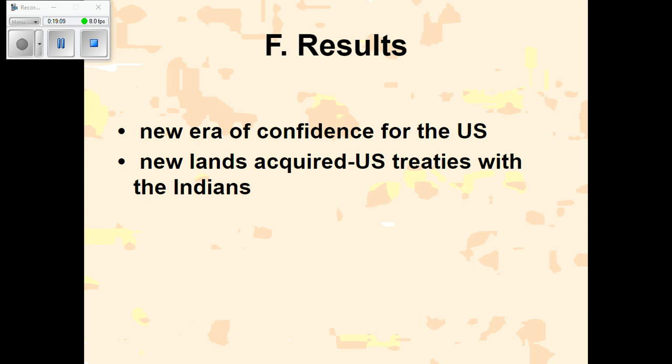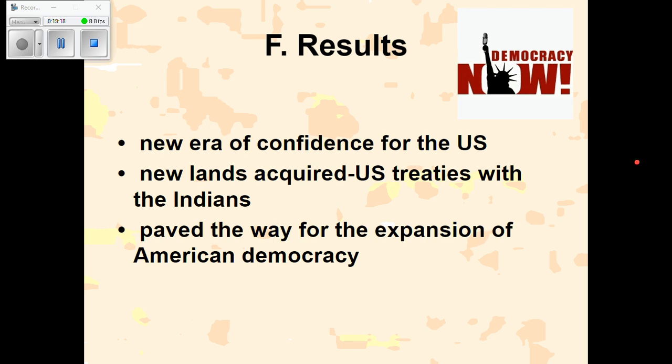In other words, we signed some treaties with the Native Americans, which for the most part gave them a little bit of things and then kicked them off of their land, and just moved them further and further out west. And it paved the way for the expansion of American democracy. That's very pie in the sky-ish, but that's the importance of the War of 1812, besides some of your heroes at the time period and how it reflected on the United States in terms of being able to expand. Not just land expansion, but of American democracy too.